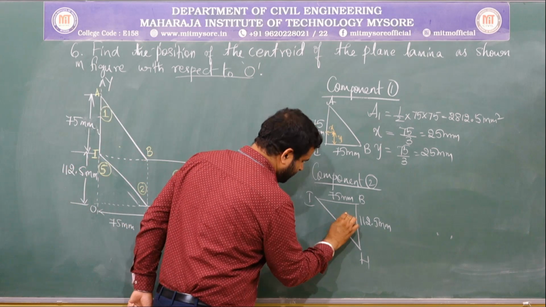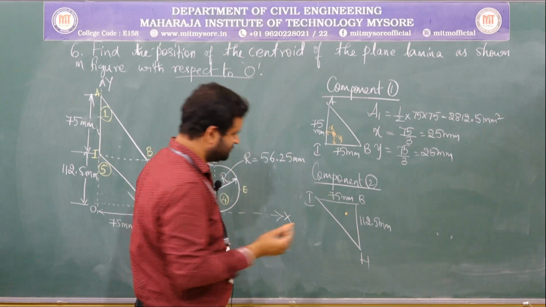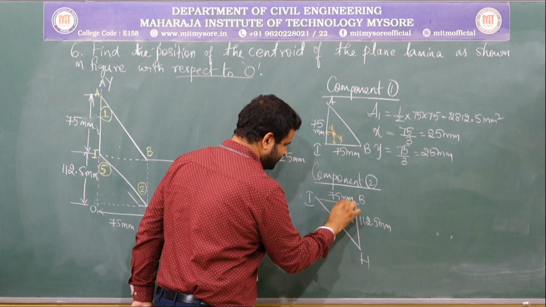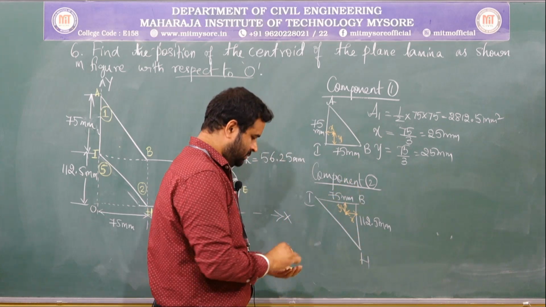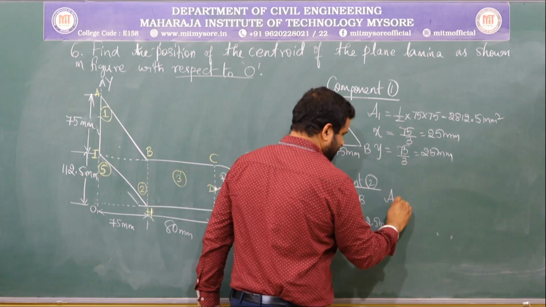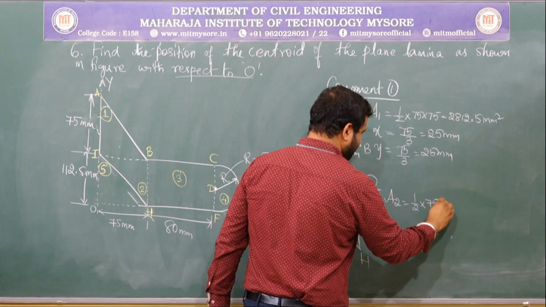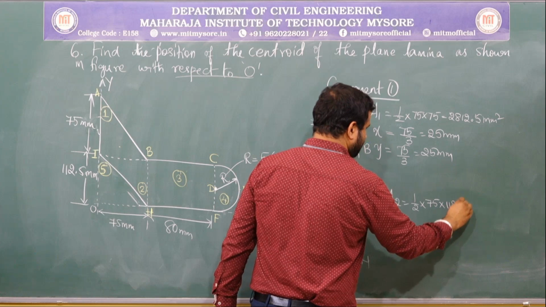It is at this point. At what distance? We know it. It is x and it is y. There is A2 is equal to half into 75 into 112.5,